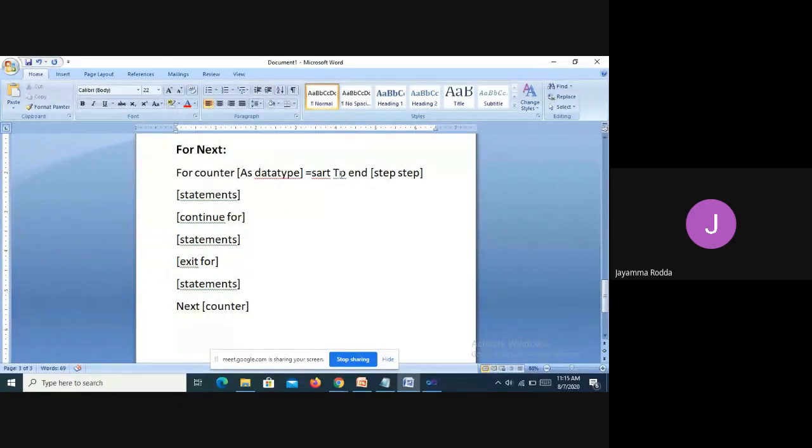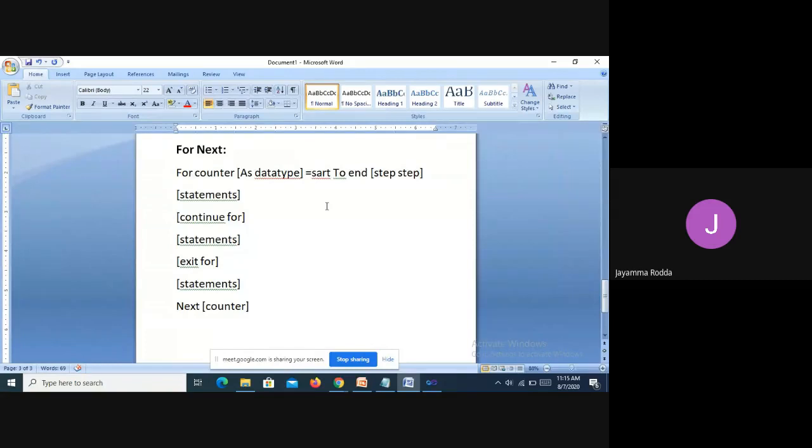There is no increment statement written here; automatically by default, the first statement will increment it by one value, like I is equal to I plus 1.